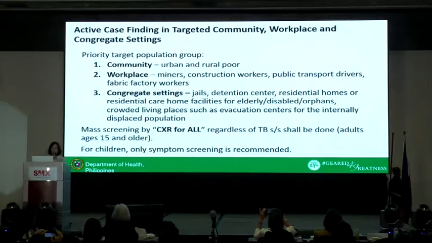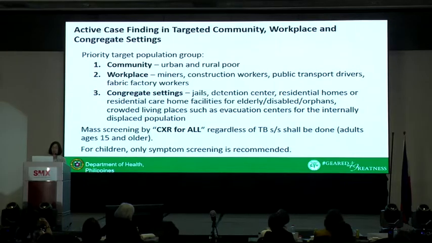Okay, so now we will go to the active case finding in targeted community, workplace, or congregate settings. These are the priority target population groups. We have the community, the urban and rural poor, and the workplace, mostly informal workers, because we know in the formal sectors, they have screening when they start their work, and they also have their annual examination. Then for congregate settings, this will be at the jails, detention centers, residential homes, or residential care